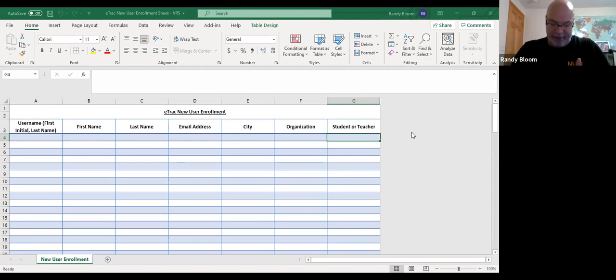Once I receive the enrollment sheet, I will be uploading that to the eTrack system. Typically, I'm doing that within 24 hours, and a lot of times quicker than that. Once I upload to the system, the eTrack system will automatically issue a temporary password, and you'll get a link to be able to go in and log in for the first time. It will instruct you on the first time login to go ahead and change the password to something that you can have and keep secure.